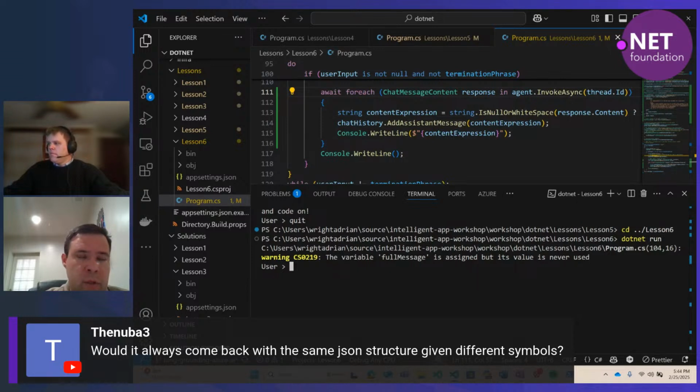So there are two ways to do it. Either provide a specific JSON schema and say only respond in JSON using this structure, or provide a sample JSON response, which usually works as well. But the more explicit you are, the more it ensures the output is always consistent. Okay.